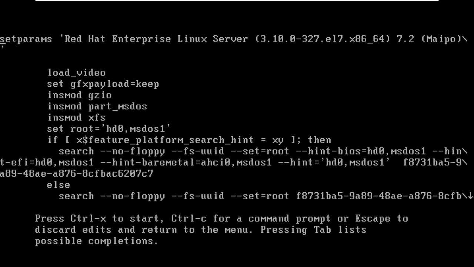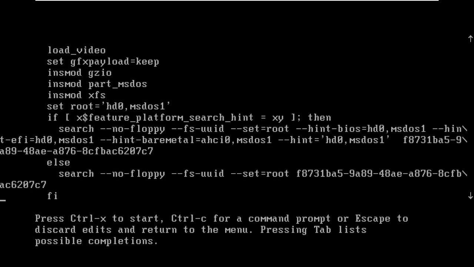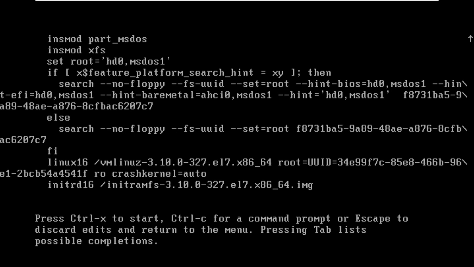Now when you go down here, you will see this Linux 16 line. So this is the Linux 16 line, and I will go to the end of the line because some default options are there, and I want to add my option at the end of the line. For example, I remove the option called RHGB quiet, so that it is not booting quietly, and it is showing everything which is loading. Before, it was not showing those things.